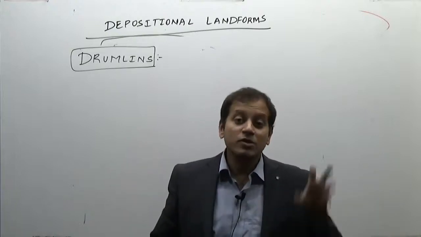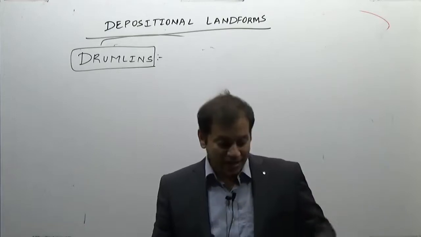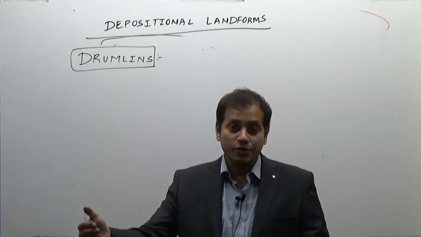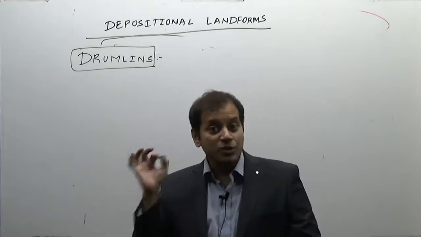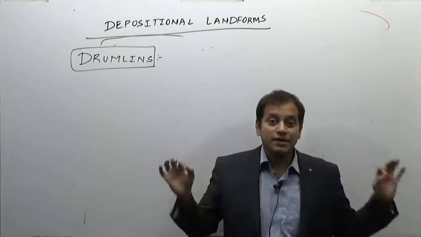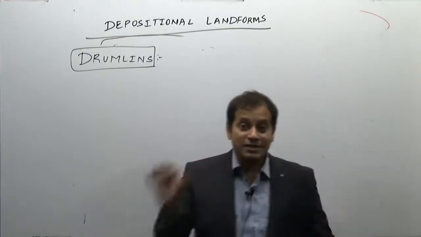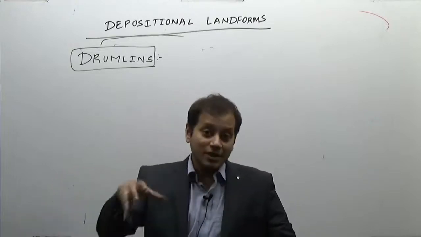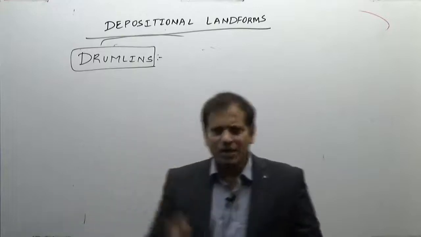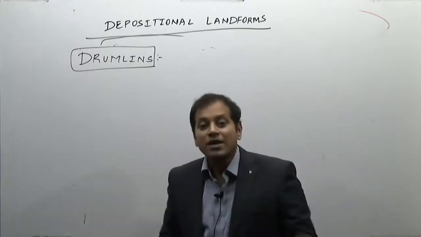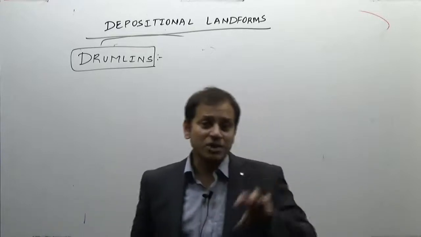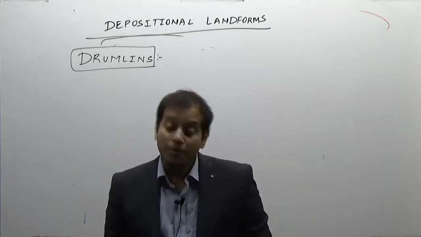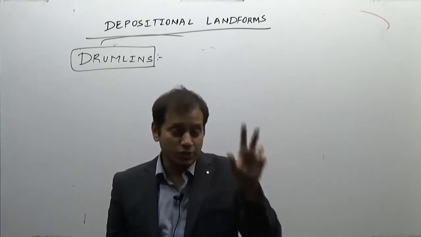Not going into detail because we are focusing only on general studies here, and this topic, as I told you, is more important from the preliminary point of view rather than the mains point of view. Obviously the question can be, because of the new syllabus, explain the different kinds of glaciated topography, or the changes in glaciated topography as per the ages, or the glaciated topography of lowlands, or simply write a short note on drumlins. They can ask, but more focus is on the preliminary examination. That is why, because it is important for both prelims and mains, we are taking it in this topic, because the prelims section is totally separate, that is only the world geography part.